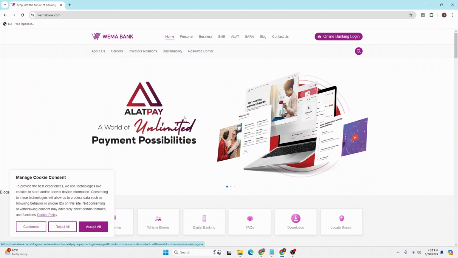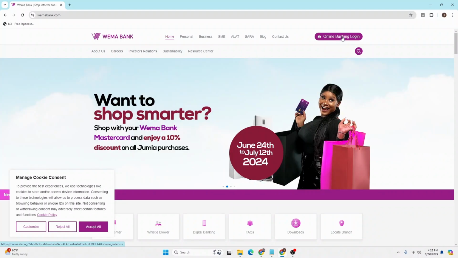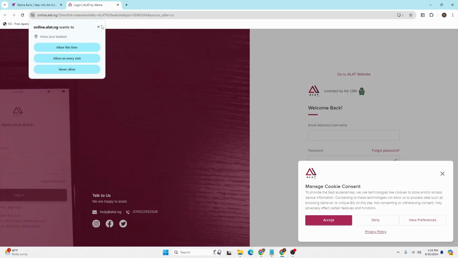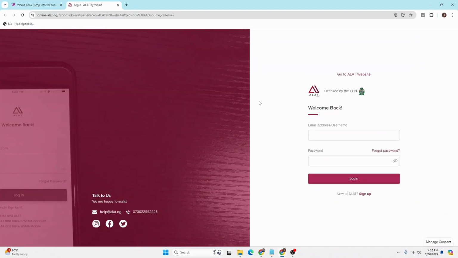Now in order to log into your account, at the top right corner of the screen you can see here it says the online banking login. Click on the online banking login option over here, and this kind of interface will appear. Let's close all of these guys, and on this interface you can see at the right side there's a place